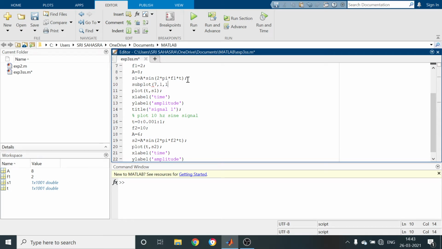Here subplot 7 comma 1 comma 1 indicates the figure page is divided into 7 rows and 1 column, and the third element gives the position of the graph. For this one, subplot 7 comma 1 comma 2. Is it clear?